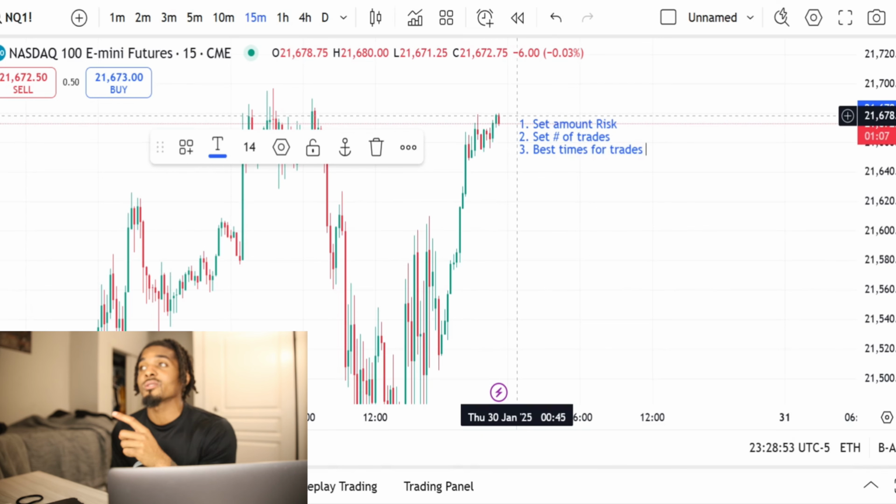So when things happen and all these things align, it clicks in your head, a light bulb goes off, you take your trade, you either win or you lose, and you get off the charts. And it's that simple. That saves you a lot of mental stress. That saves you a lot of emotions, getting mad at yourself, if you just stick to a trading plan. But yeah, set amount of risk, set your number of trades, set